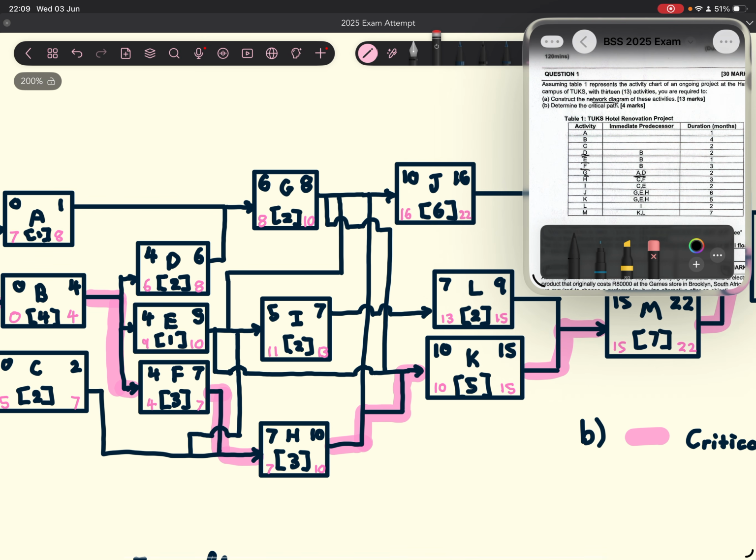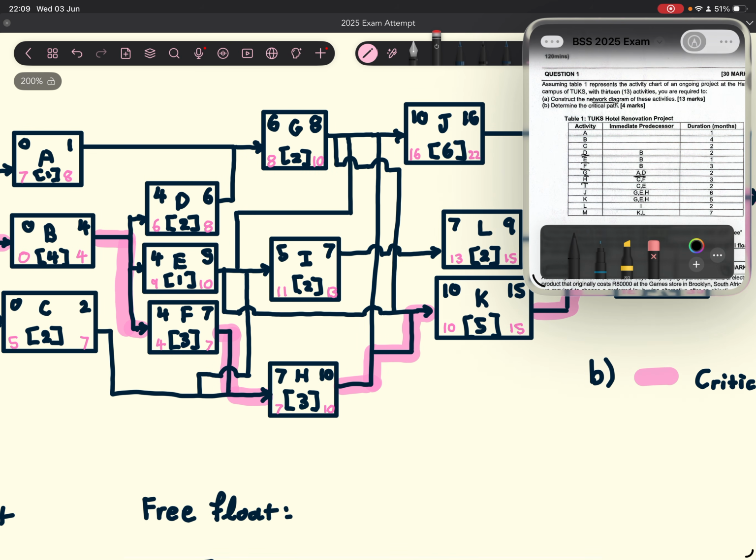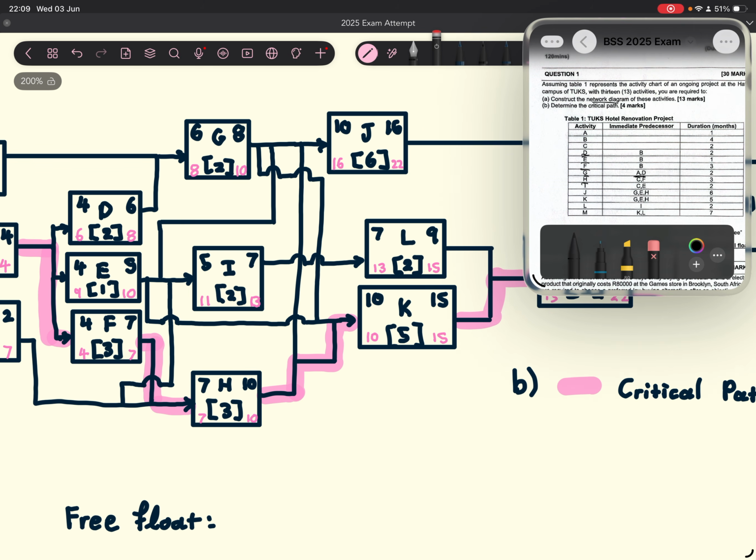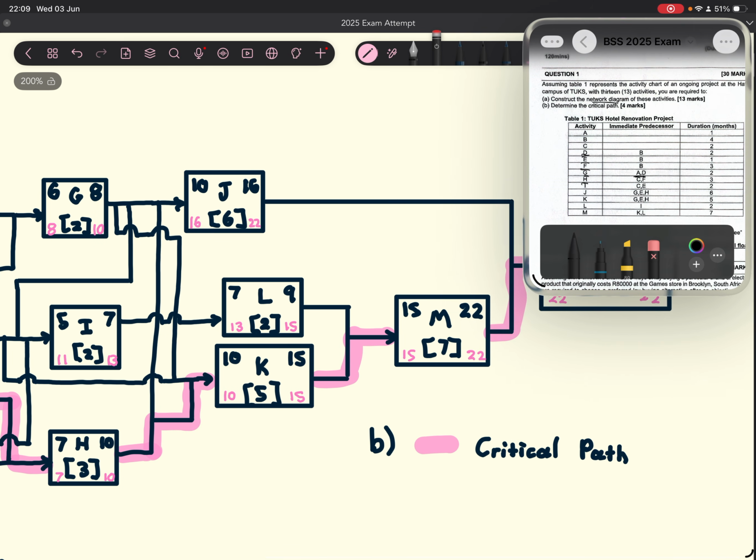Sure. And then for the next one, activity H, that depends on C and F. So if we go to activity H, depends on activity C, depends on activity F. Again, we have to choose the higher number between the two, because we have to finish both activity C and activity F before we can start activity H. And then yeah, you carry on like that all the way throughout,